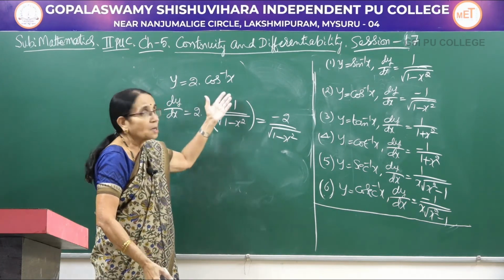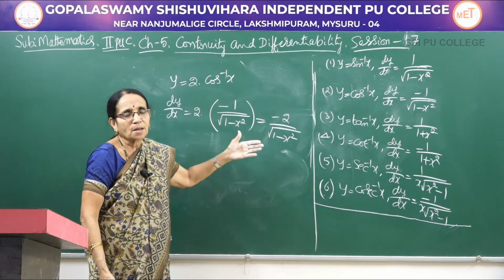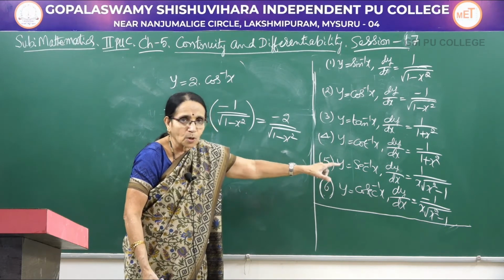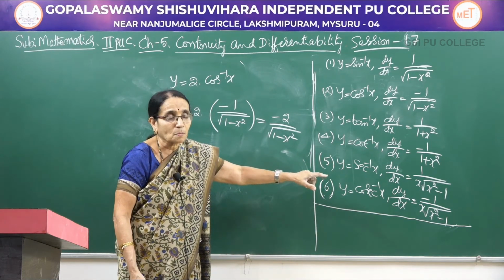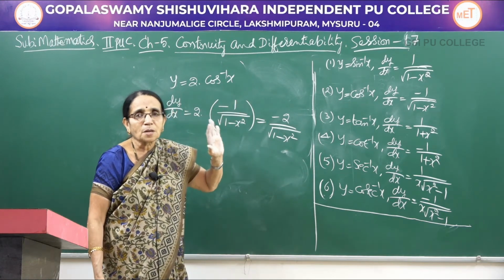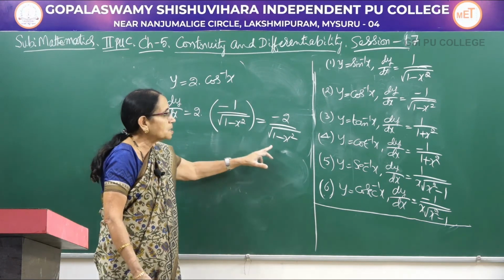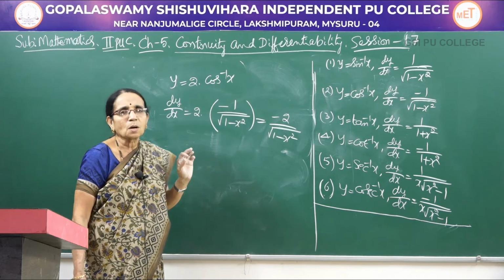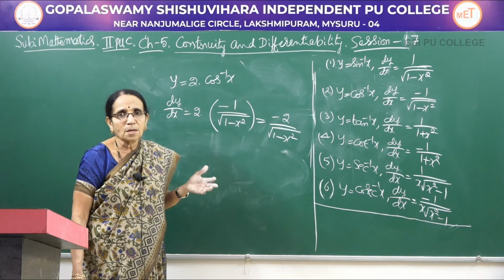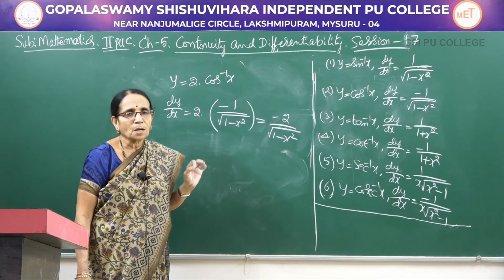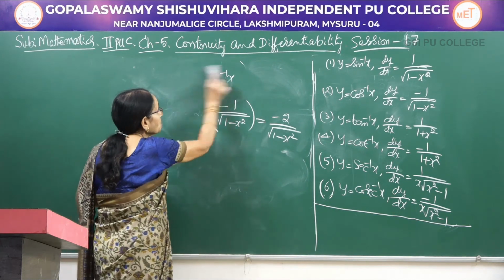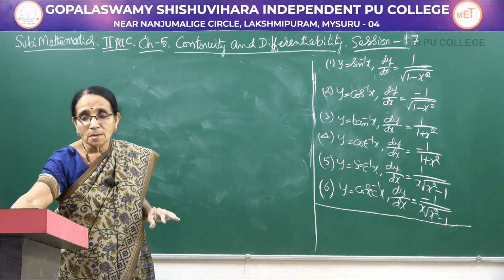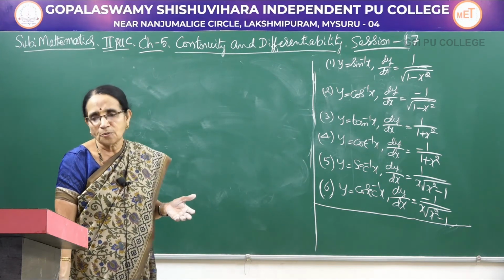If you had not done that substitution, you certainly can differentiate using the secant inverse x formula, which you have to write. What is that one? 1 over x into root of x square minus 1. Then that function what I had given should be differentiated using the quotient rule. Ultimately we get the same answer, but the procedure will be really complicated. So whenever you come across an inverse trigonometric function whose derivative you have to calculate, see that the function could be simplified by making a proper substitution. The problems would be usually of that form. Certainly you can do the simplification, then the function can be easily differentiated.